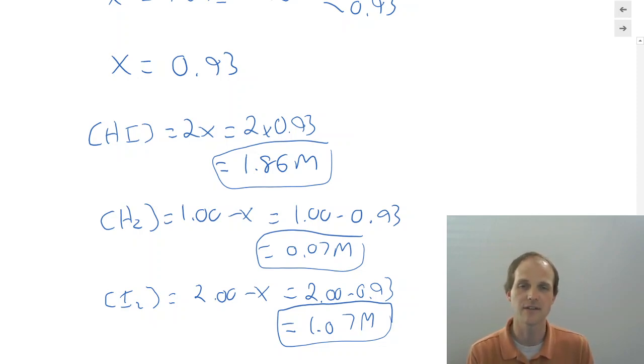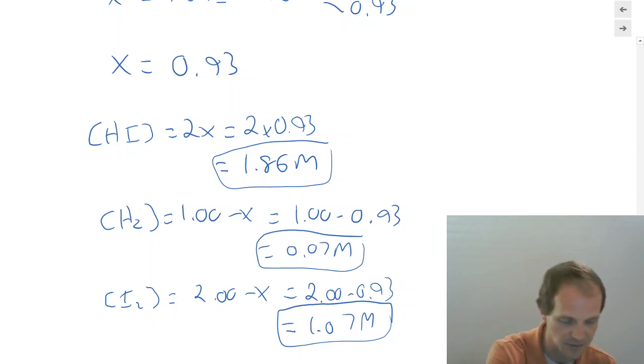What we're going to find is that there's ways we can avoid using the quadratic equation that make our lives a lot easier, assumptions we can make, and we're going to see those in our next set of videos. All right, if you plug all that back in, hopefully you should find a k value that's pretty darn close to the k value you started with. It's not going to be exact because we have some low sig figs in some of our numbers here, but it should be awfully close.